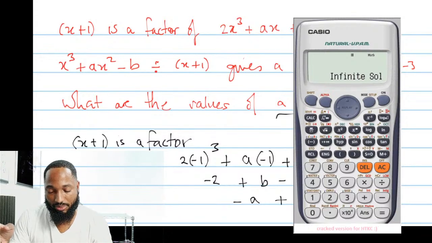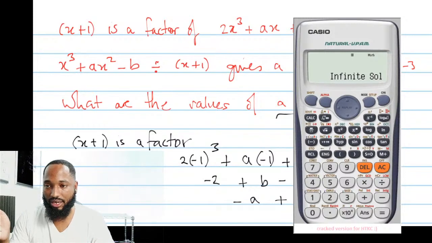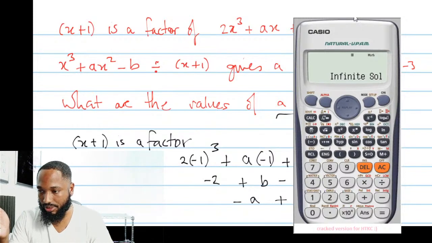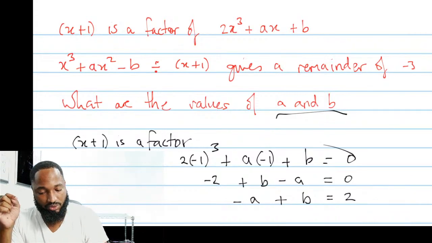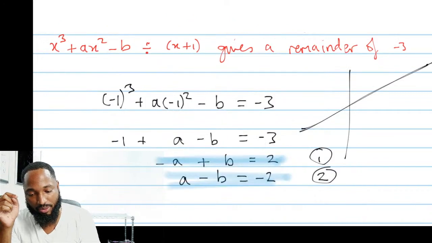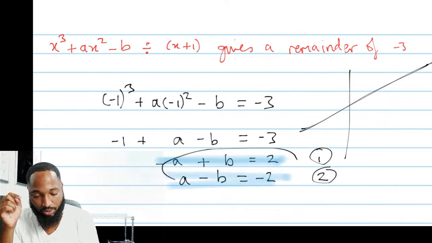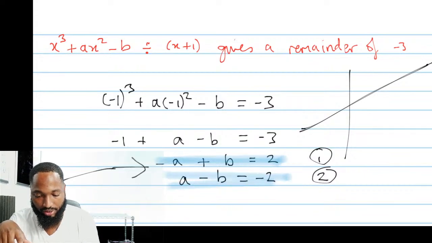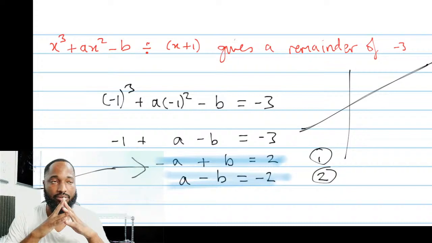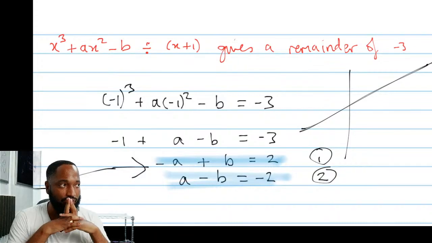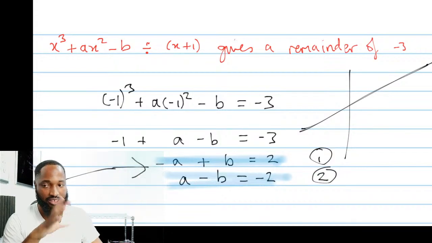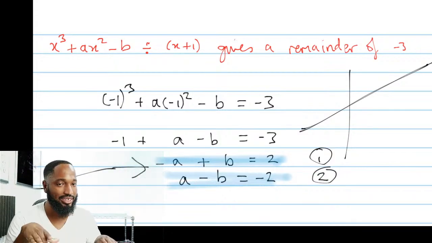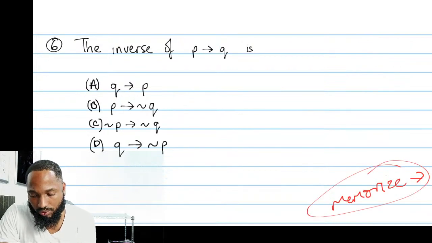What are the values of A and B? Infinite solution, so A and B. A lot of things can take place here. You do your factor business. If you had to do a remainder business, you do your remainder business, you dump out your 2 equations in the end. Keep in mind I stuck in this equation from before and you solve simultaneously. The next thing you can get with remainder and factor theorem is where you give an equation and they say which one of the answers A, B, C or D is a factor. And next kind of easy thing. I think we can move on now.